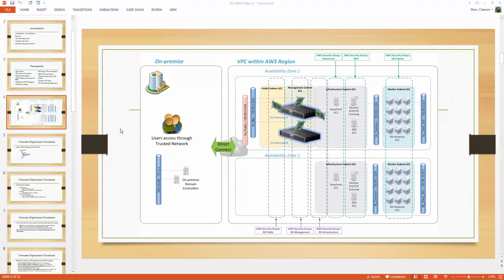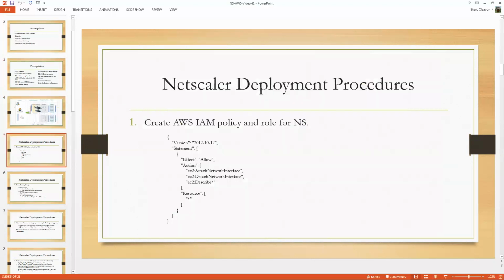So let's again look at the Netscaler deployment procedures if you were going to do this in AWS. So step 1, and remember, we're laying down the foundations for Netscaler HA. If you're not interested in Netscaler HA, you really don't have to do this. But in order for Netscaler HA to work, Netscaler is going to have to be able to communicate with AWS